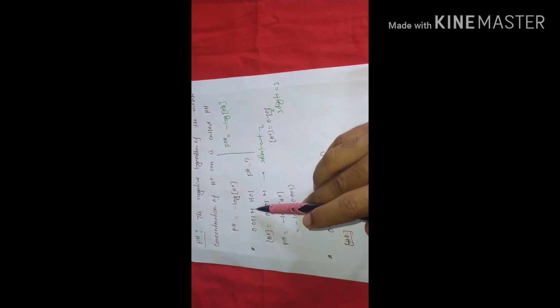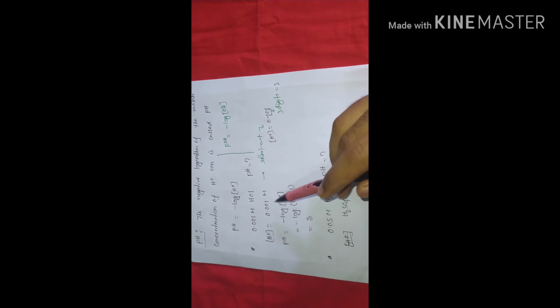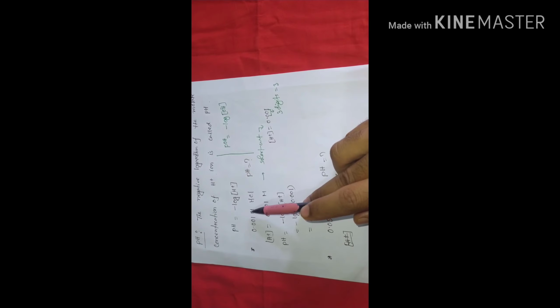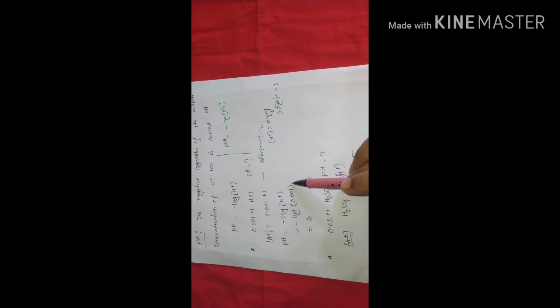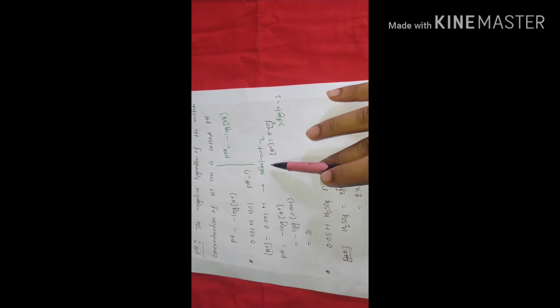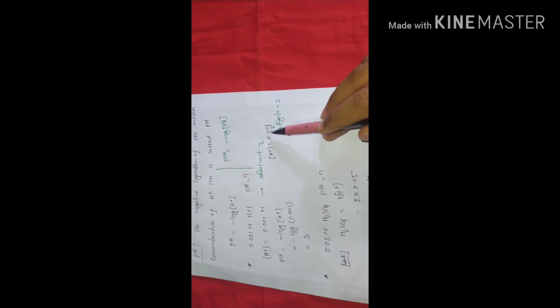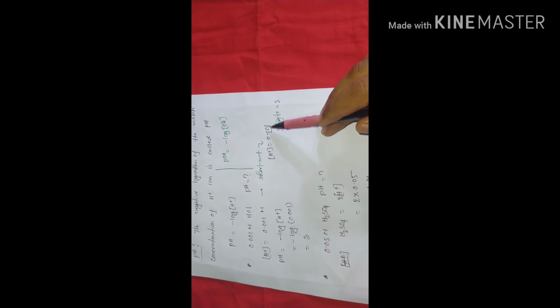So find out the pH value of 0.001 molar HCl. You know how to determine it. pH is equal to minus log concentration of H plus. This concentration is for only one proton. That's why we use 0.001. But here I use a shortcut way. If the concentration, in concentration,